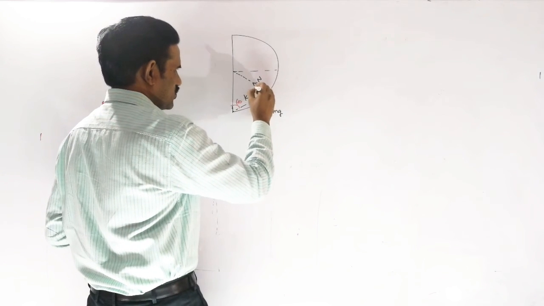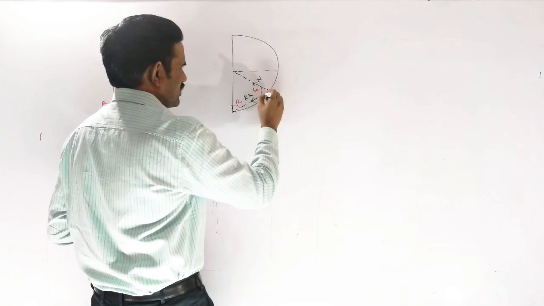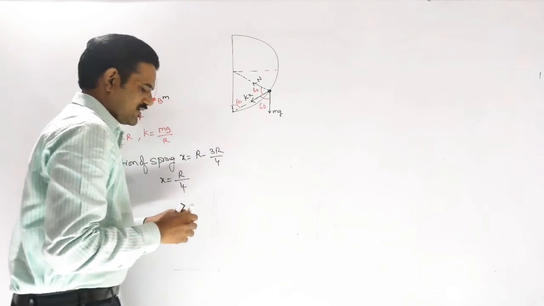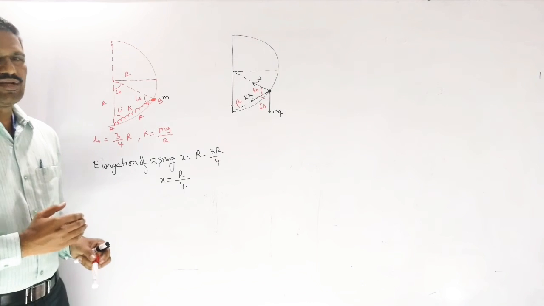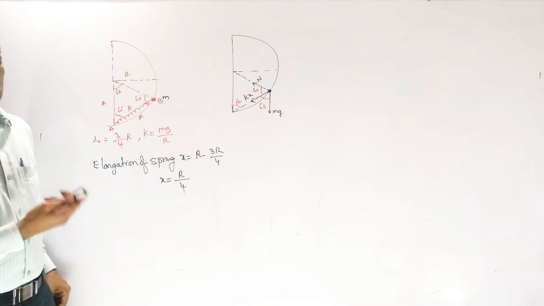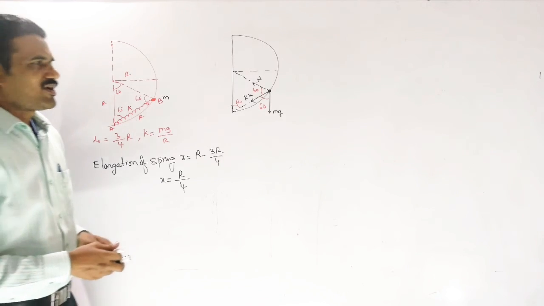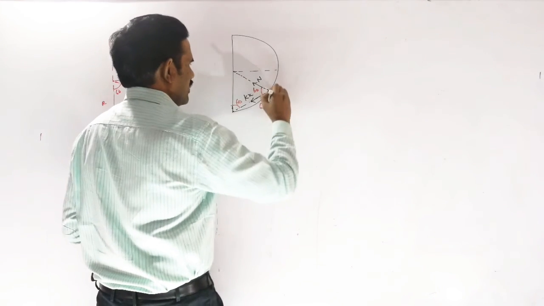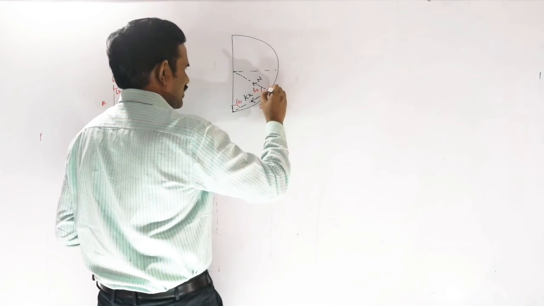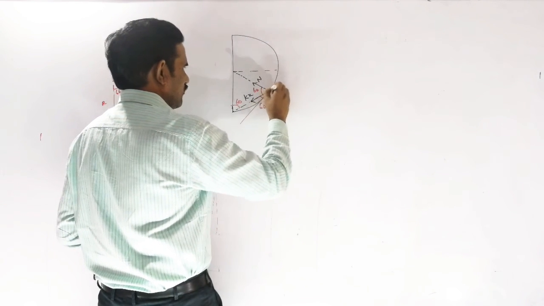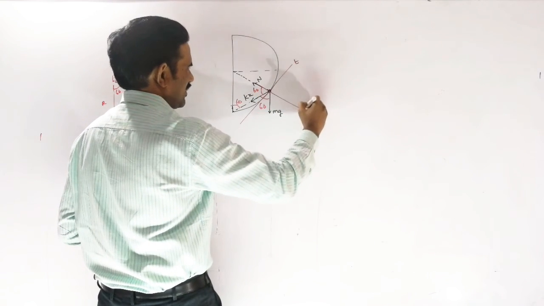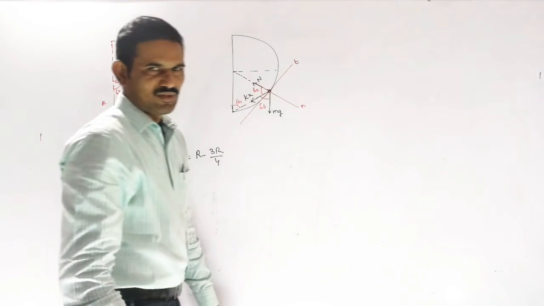So this angle is also 60 degrees, and this angle is also 60 degrees here, right? Now we need to resolve these components along the normal and perpendicular to the normal direction, that means the tangential direction. So now I am writing these force components. I am resolving this mg into components, and this force into components here. This is our normal and tangential. This is the tangential direction and this is the normal direction here, right?